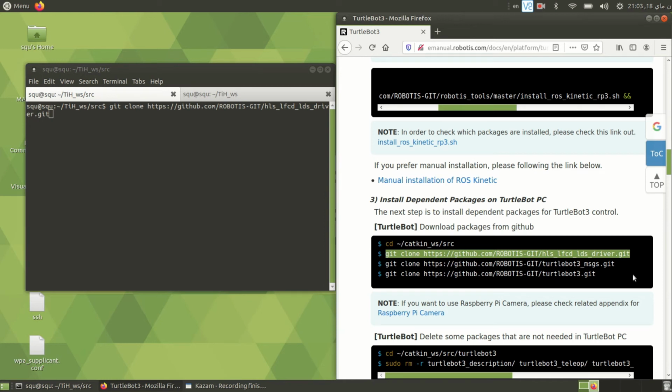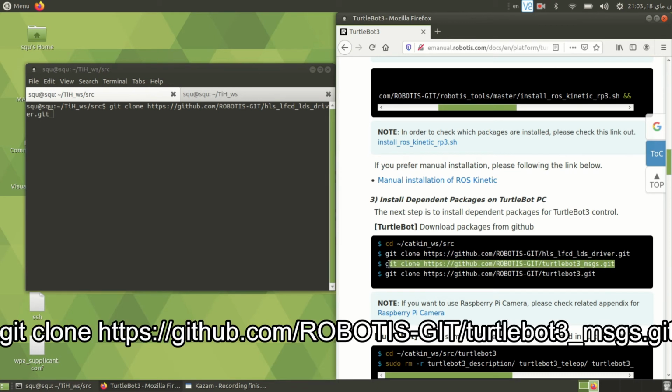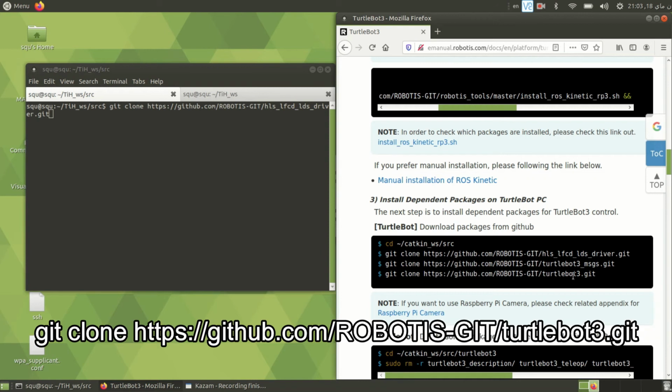If I can, I will put it all below, or if not, I will put it in my weblog, and you can go and take it from there. So first I use this one, after that I use this command, and after that I use this command. As I told you, this is the drivers, this is the messages, and this is the rest of the things that I may need. But one more thing that I need is this